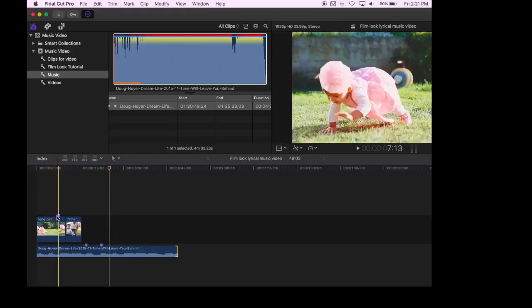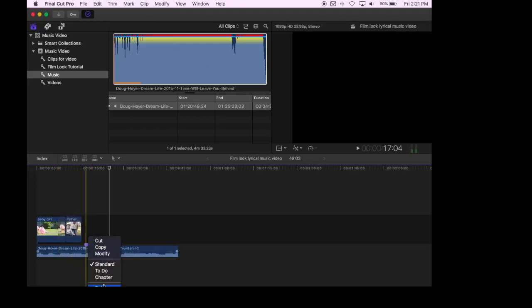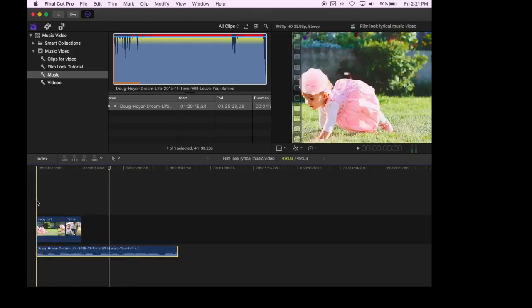Notice that markers were added to the video clip, and when the video was over, they were added to the audio clip. This happened because none of the clips were selected for the markers. Right click on the markers to delete them. Then select the music and add the markers. To add the markers, press M on your keyboard.